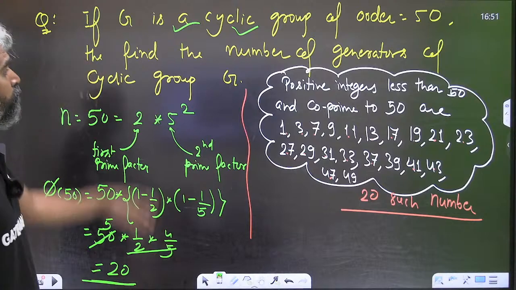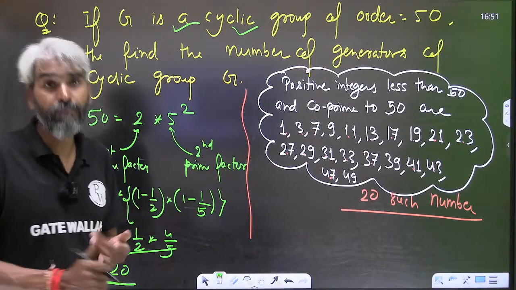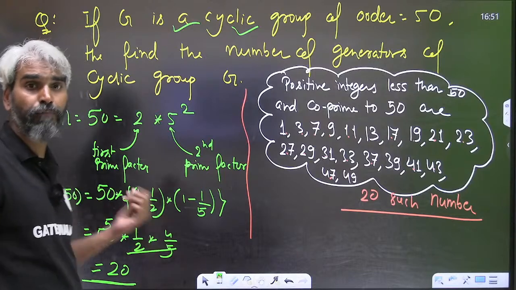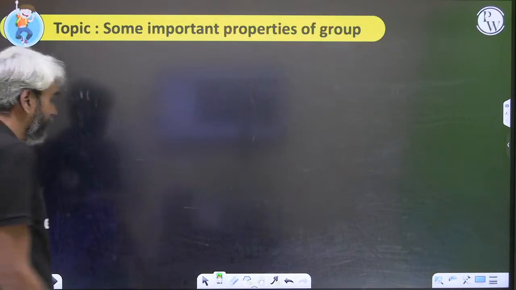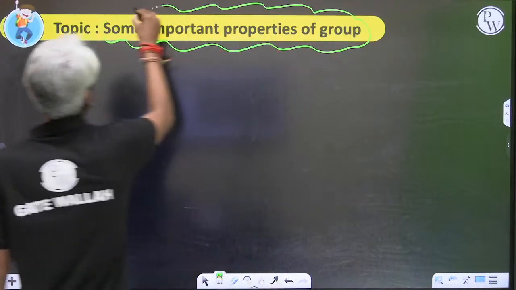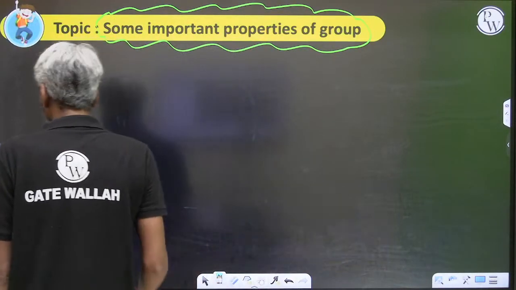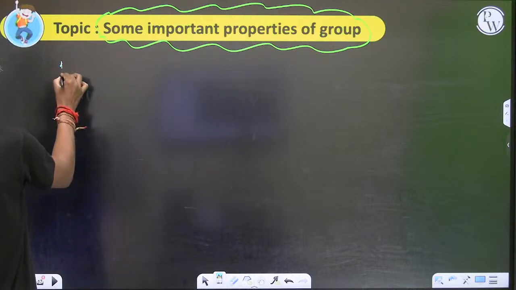So anyway, we are done with all the basic concepts related to the concept of cyclic group. Now let me write down some important properties of the group. Sir, what are they? Some important ones. These are not only with respect to cyclic groups, these are general properties. So please try to understand. The first property is